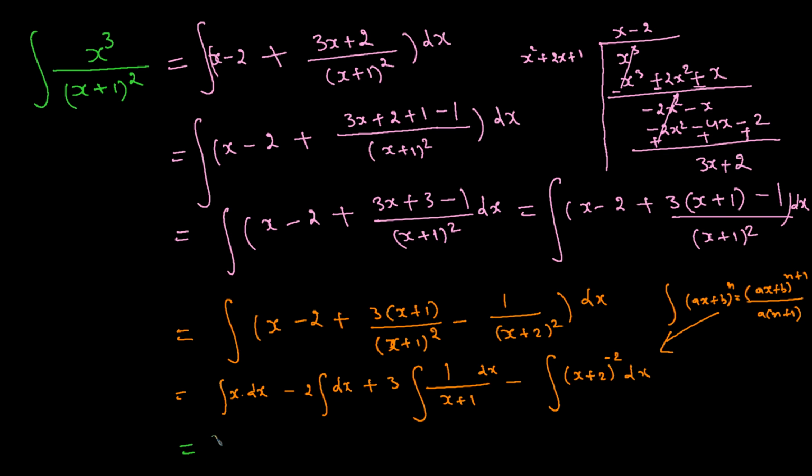So integration of just x, you all know how to find it, add 1 to the power, 1 plus 1, so that gives me x squared over 2, and this is just 2x over here, and this is 1 over x plus 1, so this is going to be 3 times log of x plus 1,